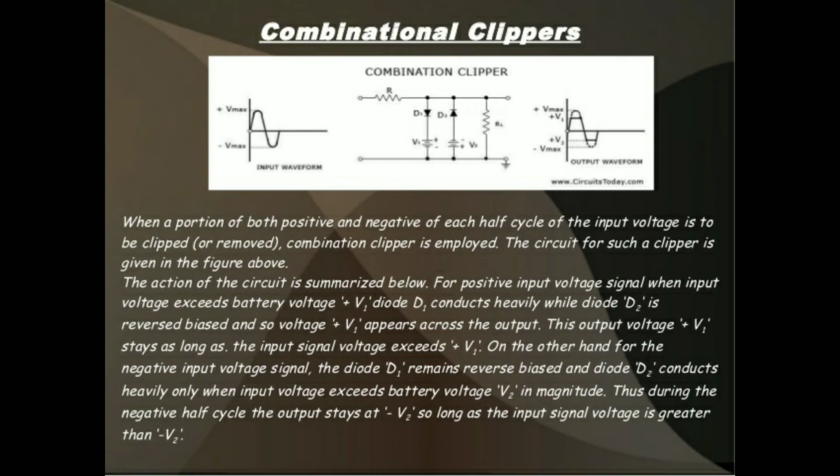At the output side, the load resistor is added to reduce the loading effects. Here we are applying a full sinusoidal input, but we are getting a non-sinusoidal output. So that is known as a non-linear wave shape. We are applying a sinusoidal input to the network, but the output is non-sinusoidal, so that is known as a non-linear circuit. First of all, we have to consider one positive half cycle.